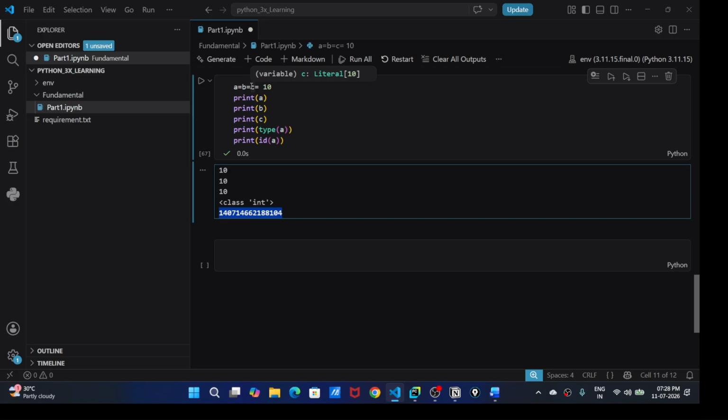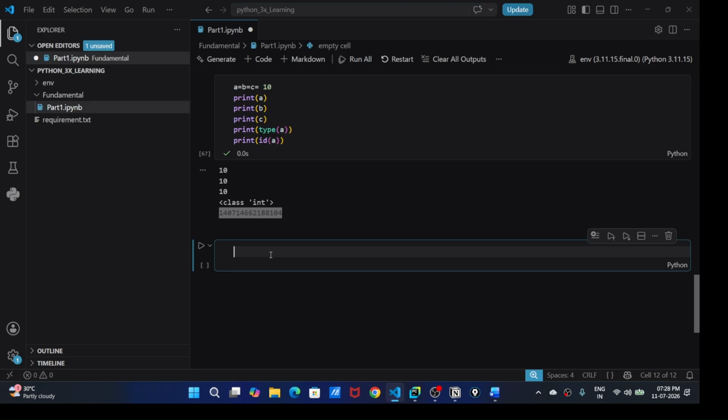So that is multiple assignment: how we can use the same value for multiple variables. Then how we can swap, for example, when a and b contain the same value, to swap the two variables. That is also possible. Let's see the complex one.